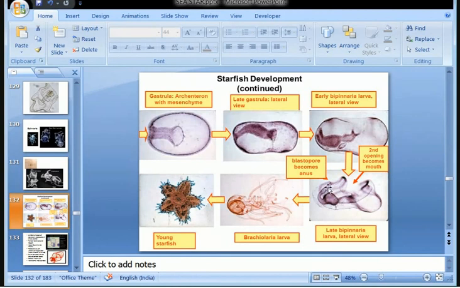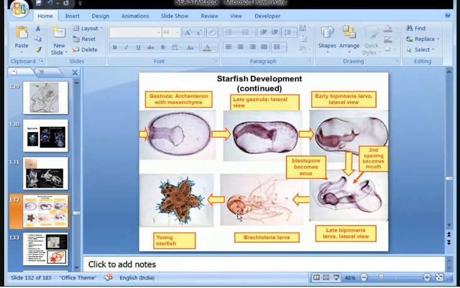The larval alimentary canal is further differentiated into stomach and small intestine. And here this mouth leads through a short esophagus into stomach and then into a short intestine. And this is the exit part. And this is the ventral side and this is the dorsal side. So this late bipinnaria larva then develops these elongated arms here.